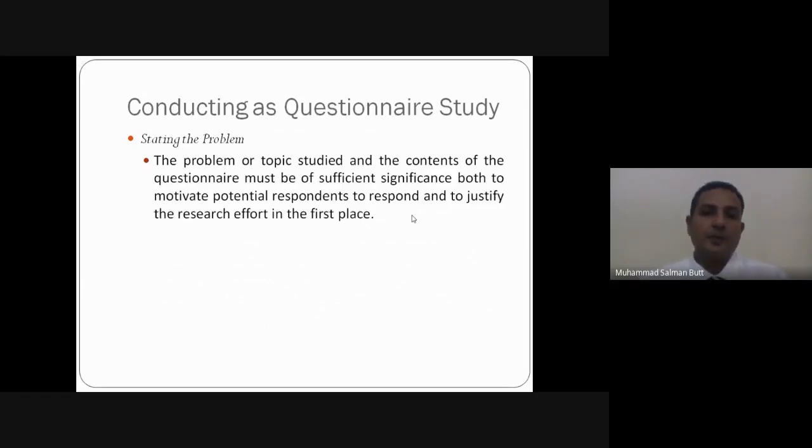So the first important thing in any research is that you must have an interesting research problem. Without an interesting research problem, you will not be able to attract the attention of the participant. You will not even get anything good out of your research as well. So the important thing is that you should formulate an interesting problem, and the most important for that one is